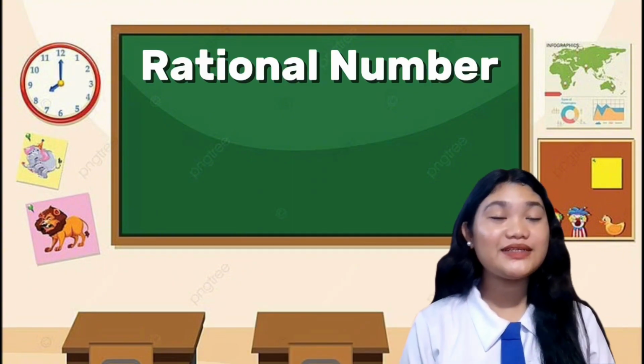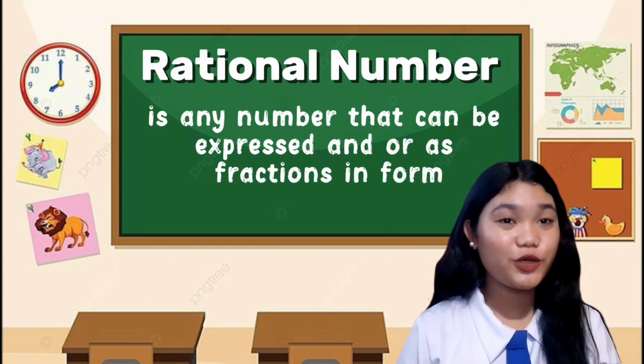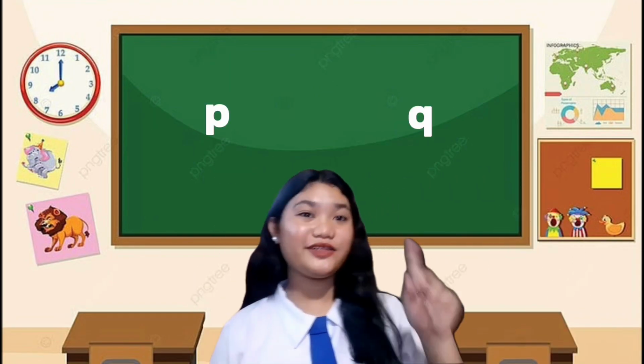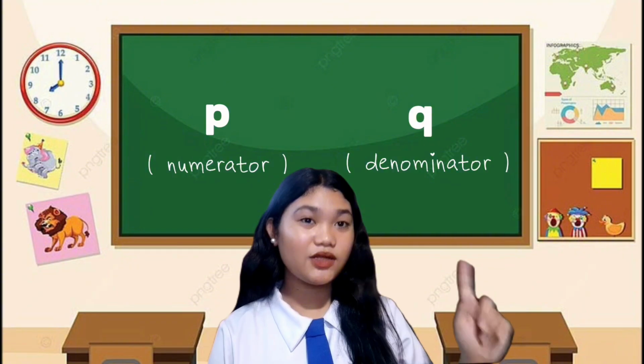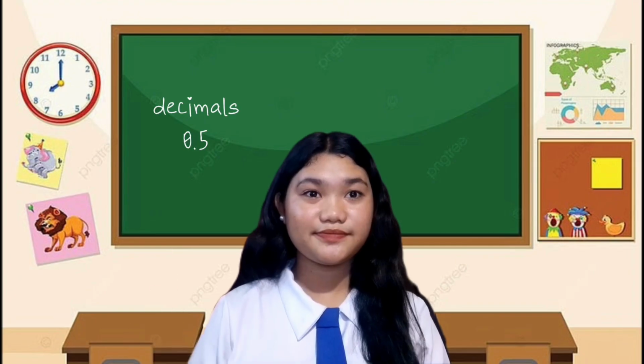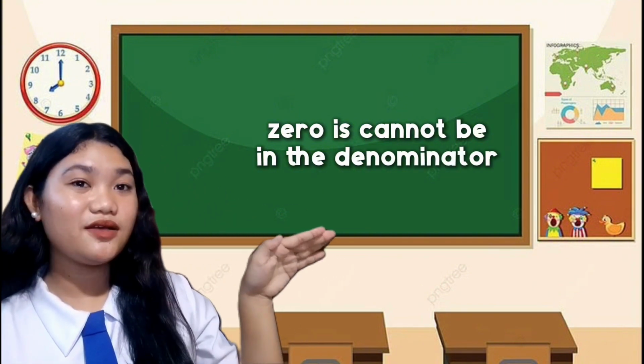Now, let me define what a rational number is. A rational number is any number that can be expressed as a fraction in the form of p over q. P is the numerator, q is the denominator. Rational numbers are those that can be written in fraction form, for example, the decimals and the integers. But let us always remember that 0 cannot be in the denominator